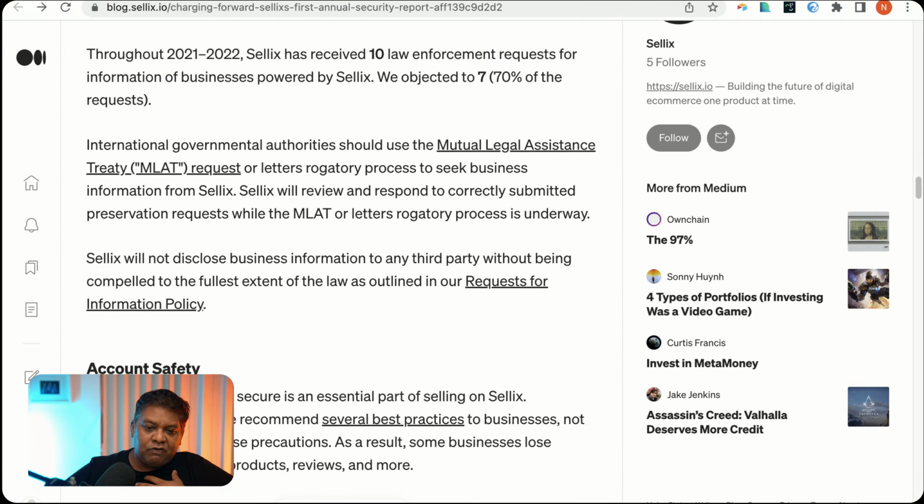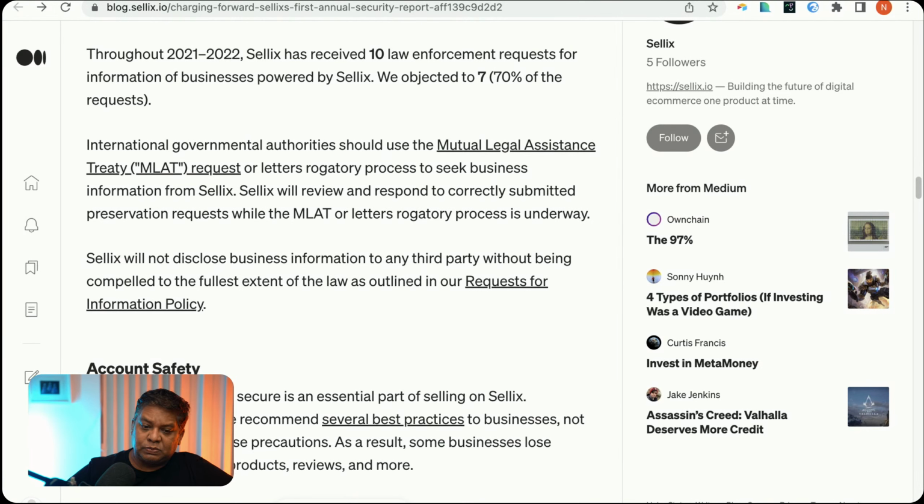International governmental authorities should use the mutual legal assistance treaty request or letters rogatory process to seek business information from Sellix. Sellix will review and respond to correctly submitted preservation requests while the MLAT or letters rogatory process is underway.